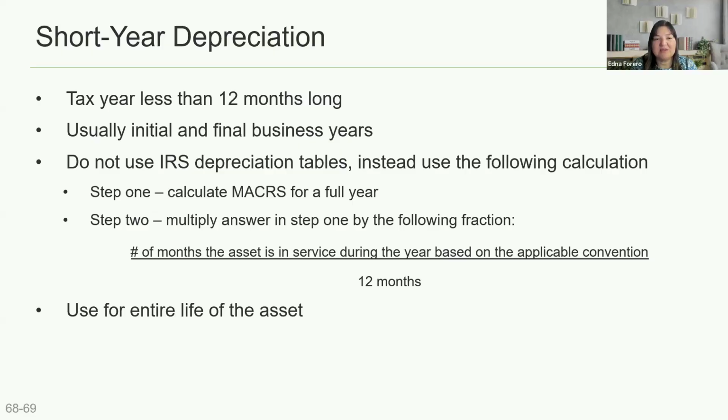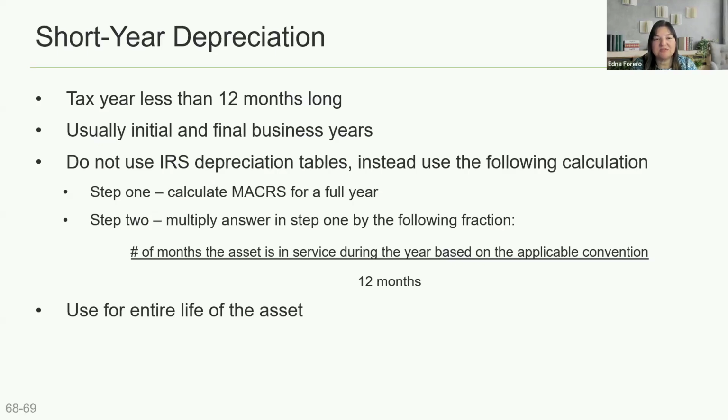You want to calculate the depreciation for the full year and then multiply it by the following fraction: the number of months it was placed in service during the year based on the convention, right? Half year, mid-month, or mid-quarter, over 12 months. And then if they use it for the entire life of the asset, that may also make a difference as well. So we've got some more information in the book on that,